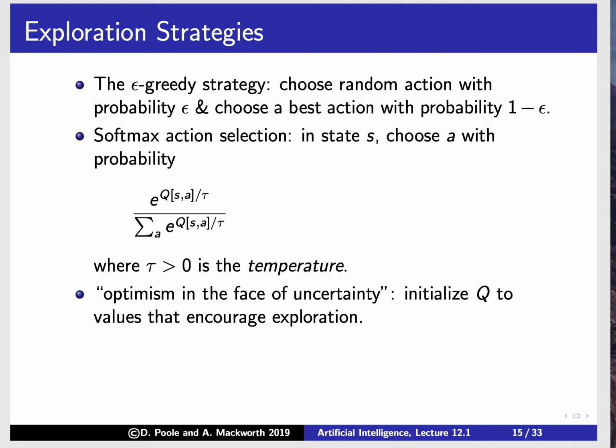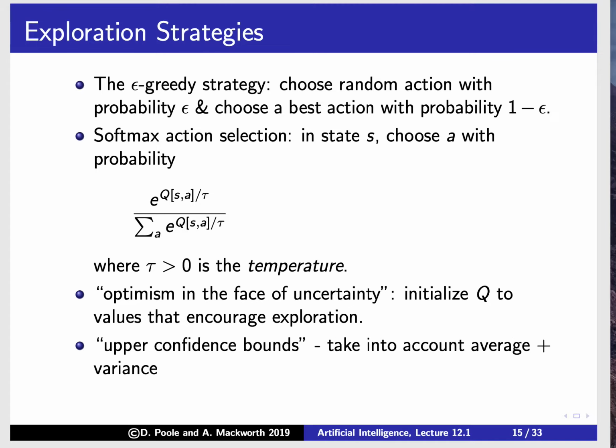So we're going to initialize Q to values that encourage exploration. We're going to pretend we know what Q is. We're going to pretend that everything we haven't explored is really good, and we're going to do that by making Q big. And the other one is to do upper confidence bound, where we take into account both